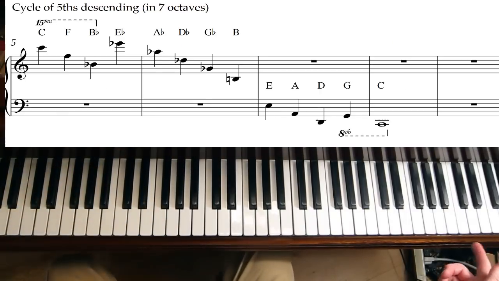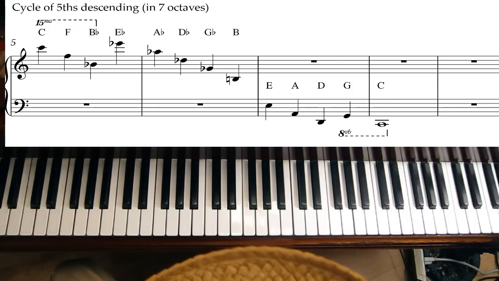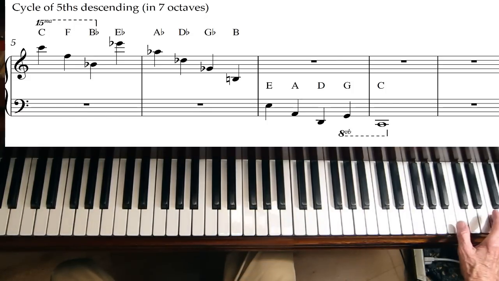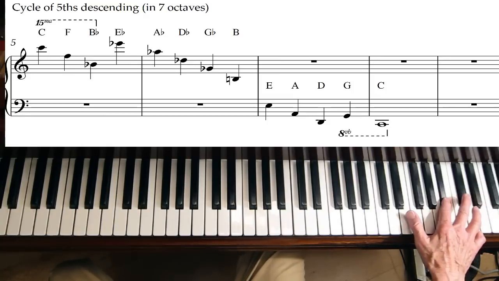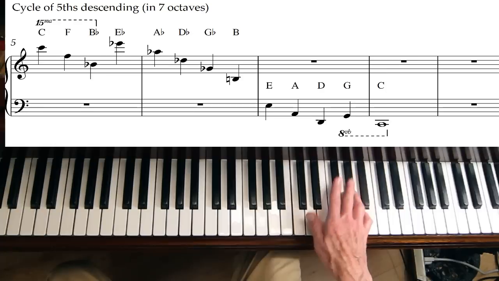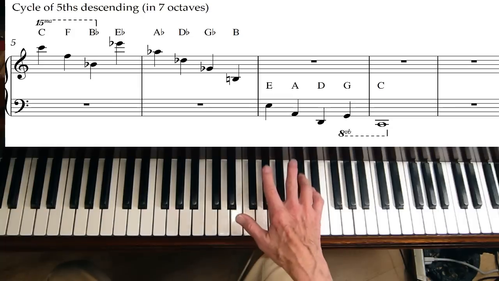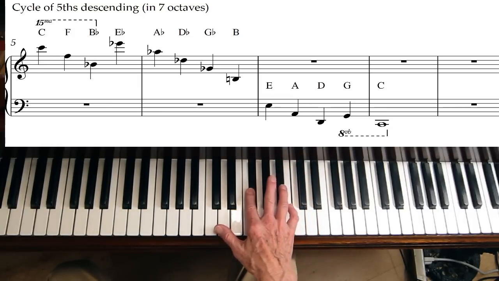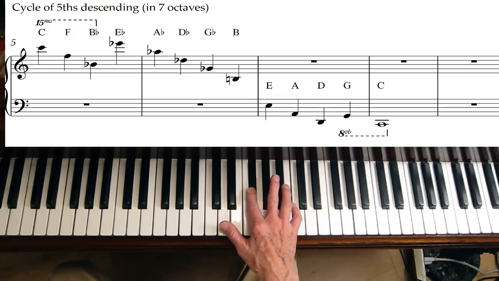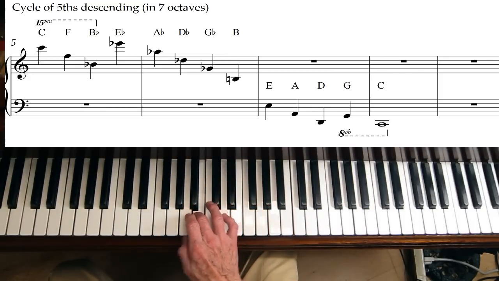Now we can see the same principles working in reverse by descending in fifths. So I'm going to start way up here now on the top note. You won't see it, but it's a C. I'm going to go down to an F, which is 1 flat, down to a B flat, which is 2 flats, down to an E flat, which is 3 flats, down to an A flat, which is 4 flats, down to a D flat, which is 5 flats, down to a G flat, which is 6 flats, and that could also be F sharp, which is 6 sharps, down to a B, which is 5 sharps,